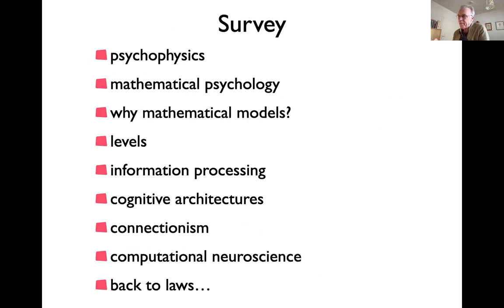Now, what I want to do in this lecture is illustrate different approaches to understanding the mind, just some, conceptually, to sharpen your understanding of what mathematical computational theory is about. And I'll come back to my intro here at the end, talking about laws and what ultimately understanding might mean. So I'll briefly talk about psychophysics. I'll talk about mathematical psychology as sort of the modern form of that. I'll try to illustrate why it's useful to make these models in mathematical precision.